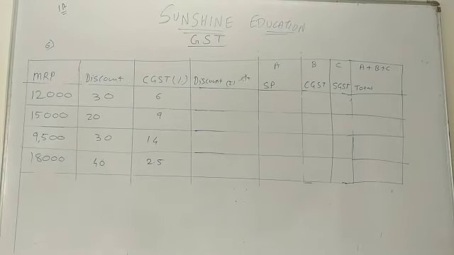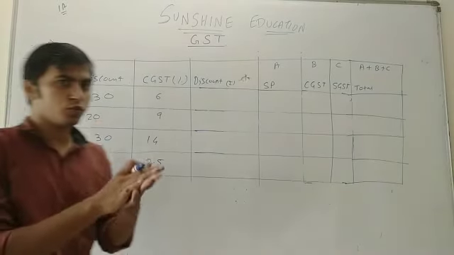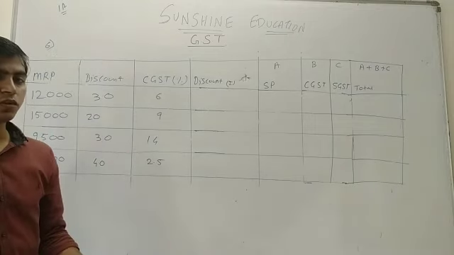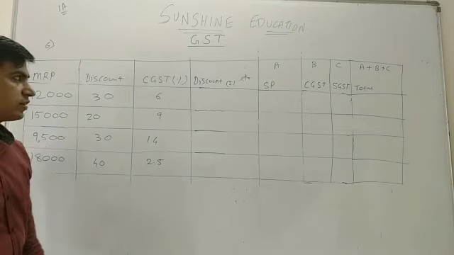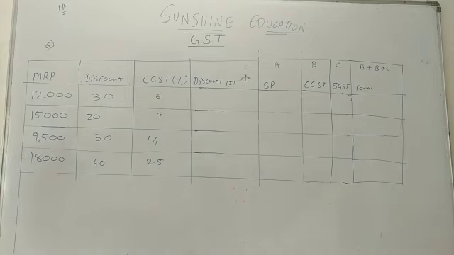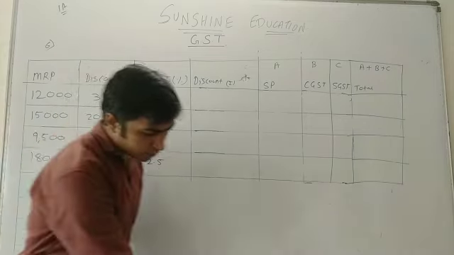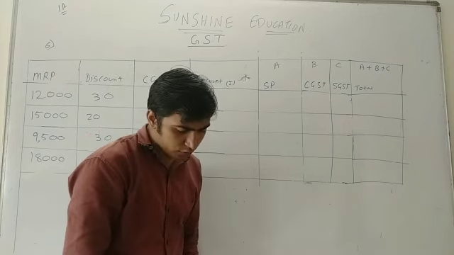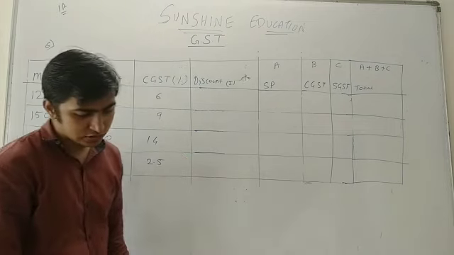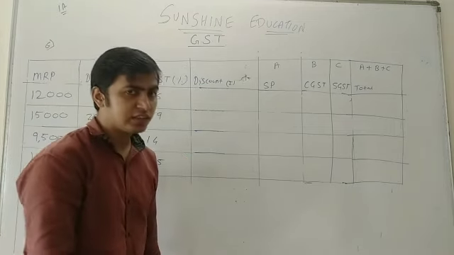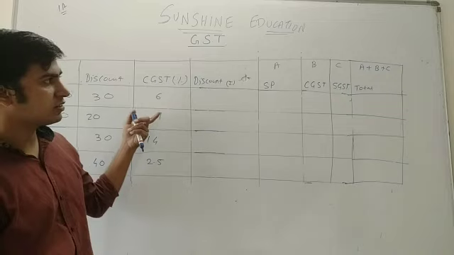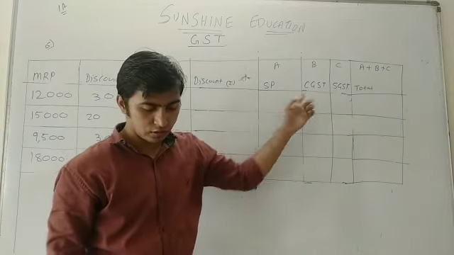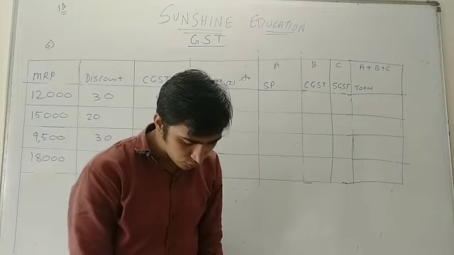Okay, so this was the fourth sum. The fifth one is homework for you all. The only difference between the fourth sum and the fifth sum is that there is CGST, SGST in the fourth sum, and in the fifth sum it is IGST. So it will be easy for you. Now in the sixth sum, let me read the question. Find the amount of the bill for the following intra-state transaction of the goods and services. As it is intra-state, we know that CGST and SGST will be there. Remember that CGST is always equal to SGST.